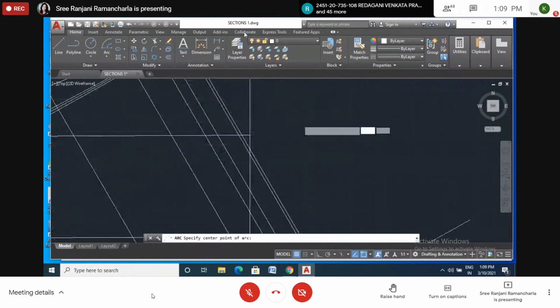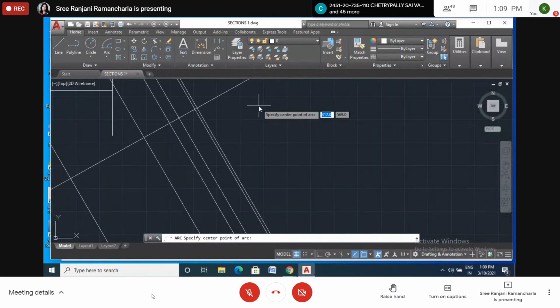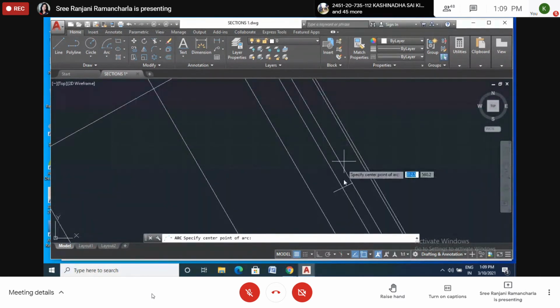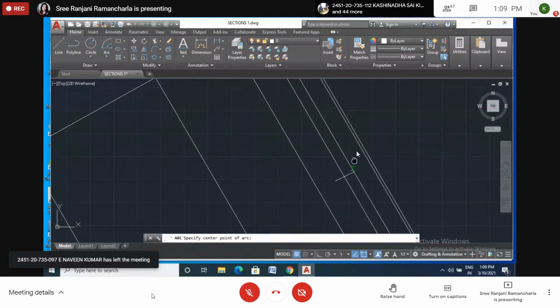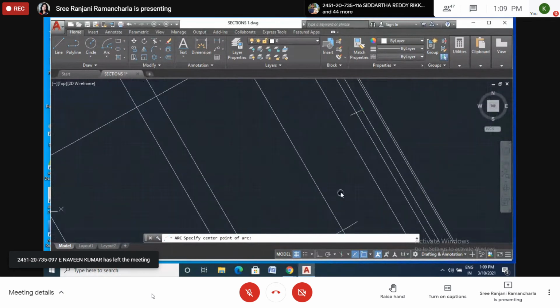Second line. Is it correct we are doing? This is the point 3. Point 2. Sorry, point 3.